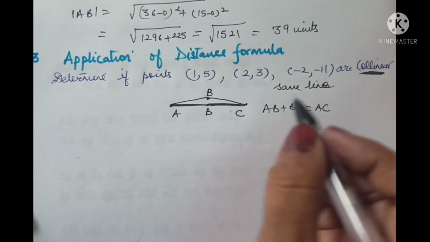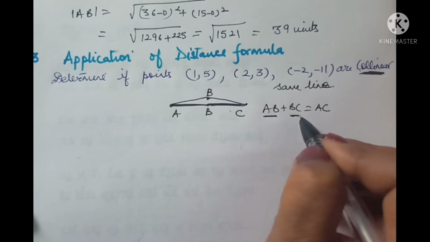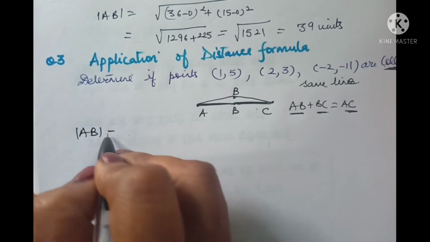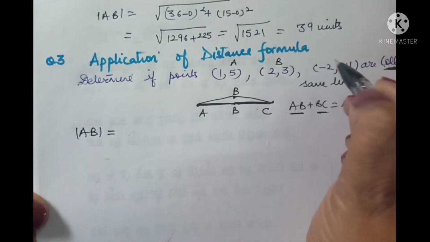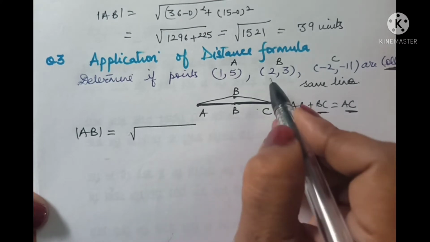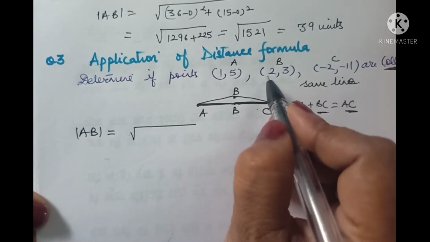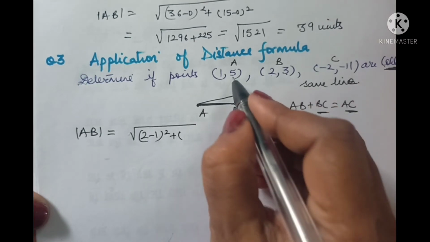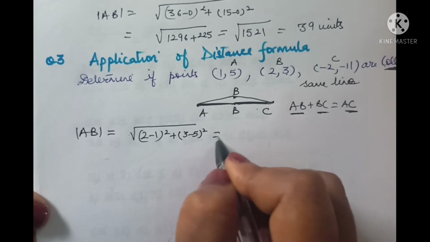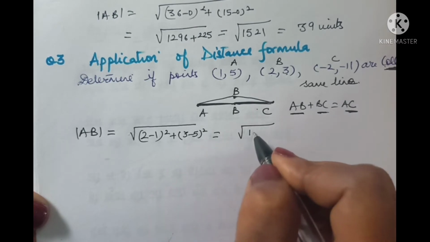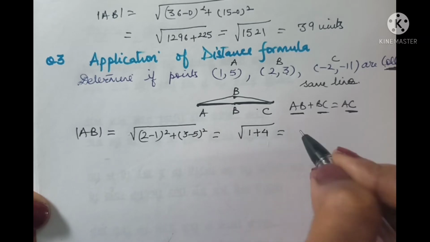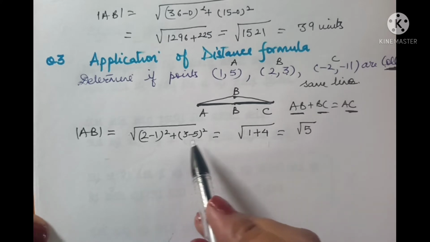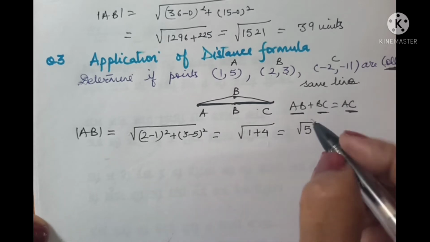So our question reduces to finding the distances AB, BC and AC. So let's find AB. So let me name them as A, B and C. So distance AB will be square root of, again focus yourself on the x coordinate, 2 minus 1 whole square, plus the y coordinates, 3 minus 5 square. Now you are simply to solve it. You get 1 square, that is 1, plus minus 2 square, that is 4. So here we can be quick with the calculation work. You may skip the step of writing minus 2 whole square. So I am left with root 5.